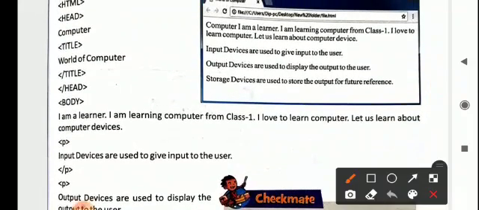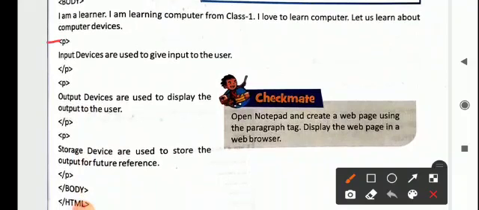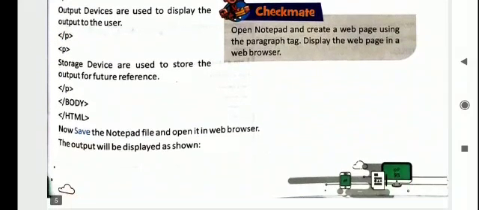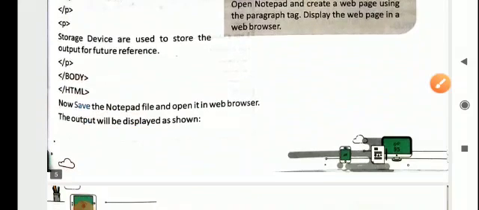You can see here 1, 2, 3 paragraphs, so 3 pairs of tags are used. The first paragraph is written within the opening and closing tag of P, and the same way for the second and third. After this, close the body tag and then HTML and save this to your notepad with the extension .html.